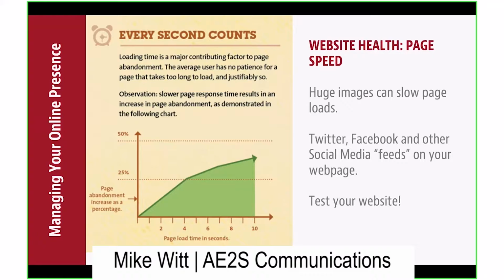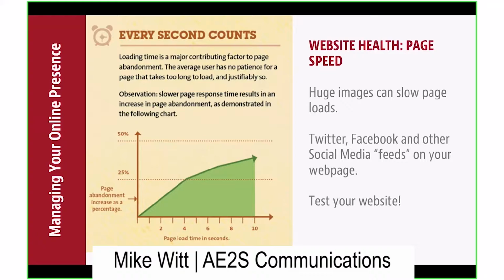Twitter, social media feeds, Facebook feeds on your website seem like a great way to have fresh content and cut down on managing multiple channels. But instead of embedding those feeds, having the actual Twitter post or Facebook post on your web page, consider using just an icon at the top of your website. Don't send people there if you're not updating your social channels, but if you want people to go there, just use an icon. And the reason we want to do that is something I touched on earlier, to get that referral cycle going, develop followings.